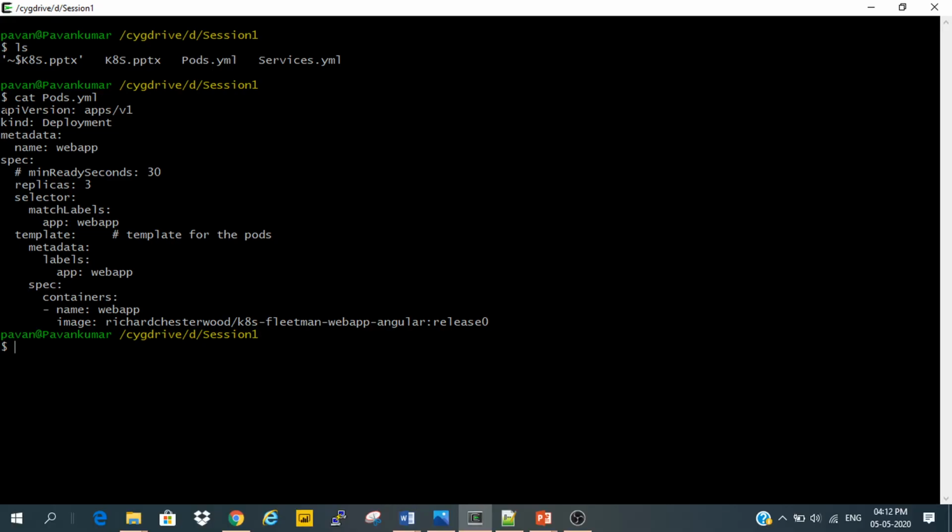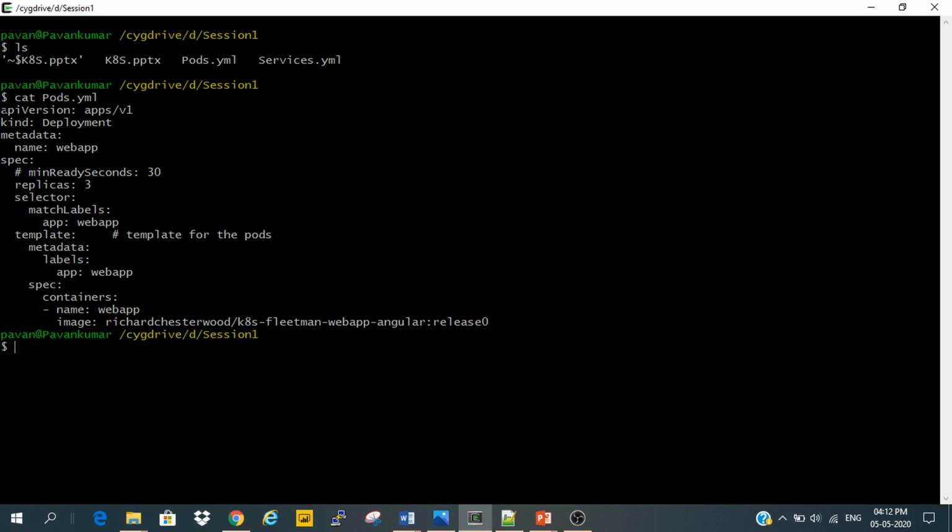Yes, as soon as we run kubectl, it will first communicate to the API server. So here we write the API version, which is apps/v1 for the pods. Here I wrote Deployment, because a deployment sits on top of replicas and creates a ReplicaSet by default. Deployment is the latest level.